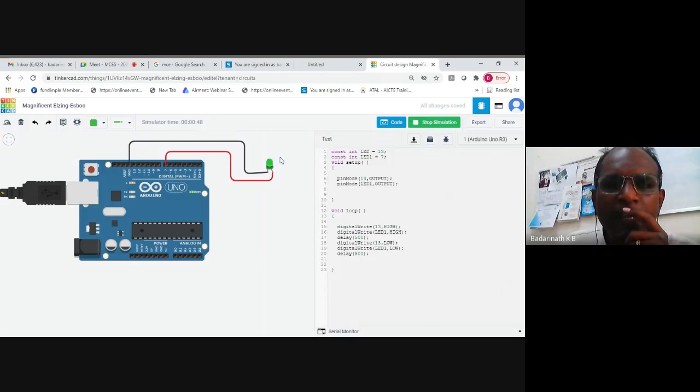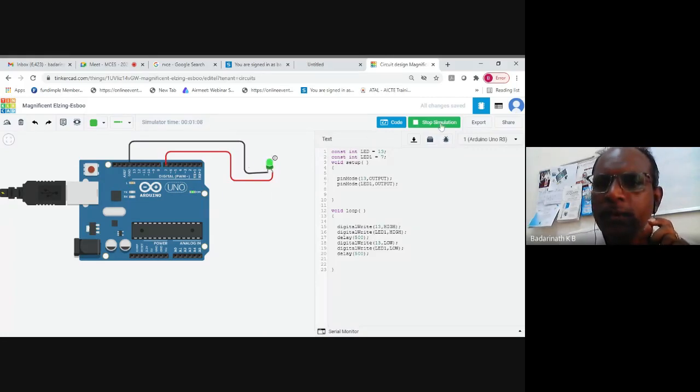It says that it is drawing, it is carrying around 51 milliamperes. But what is required is 21 milliamperes. I have to reduce the current which is flowing through this. What is the best method? As you have studied in electronics, current can be limited using a current limiting resistor. So I have to introduce a resistor in the path of the current flow.